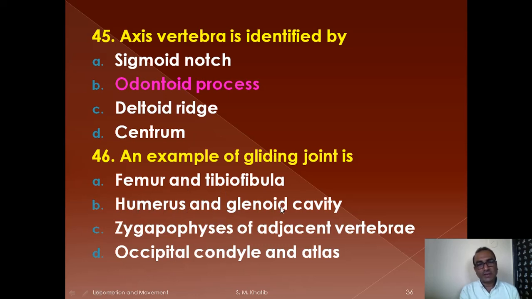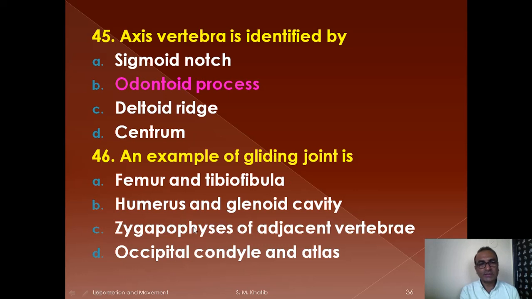Humerus and glenoid cavity, ball and socket joint. Occipital condyle and atlas, condylar joints. So therefore the right option is zygapophysis of adjacent vertebrae. Sometimes if you don't know what is zygapophysis, by the method which is called the eliminating method, you can go to the right option, because we have seen now A, B and D are not the